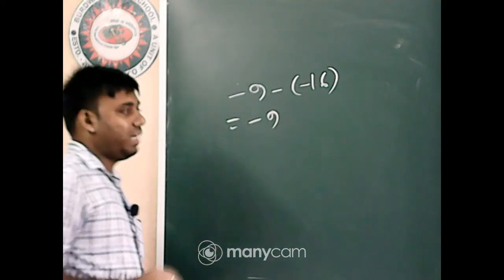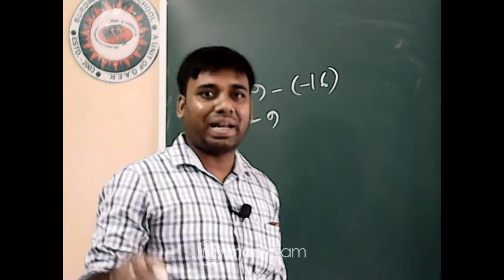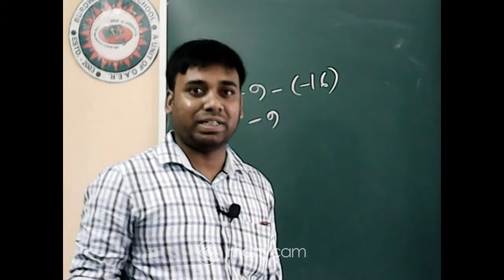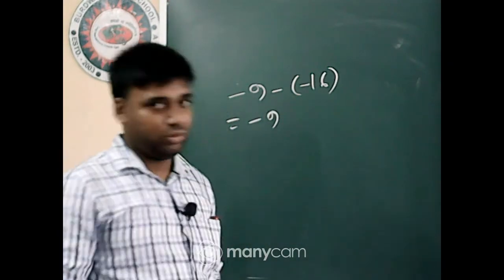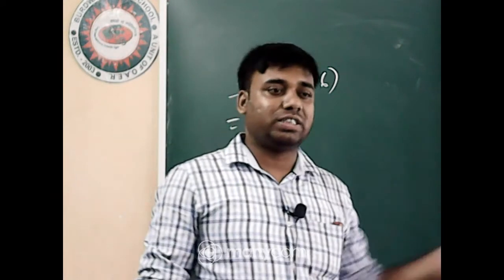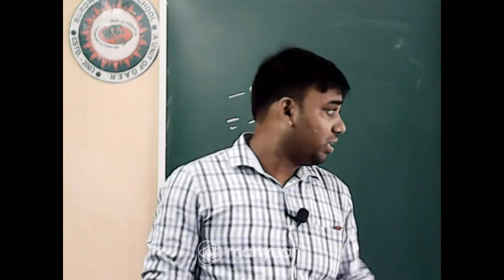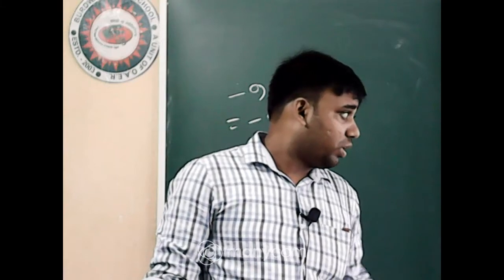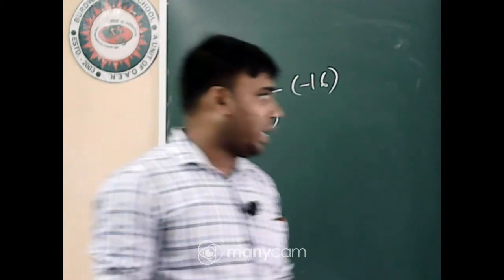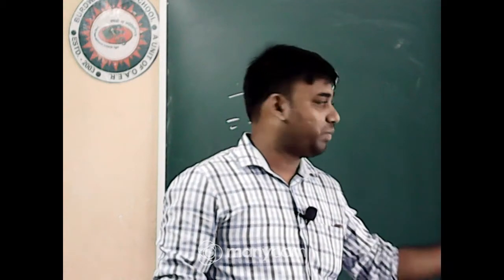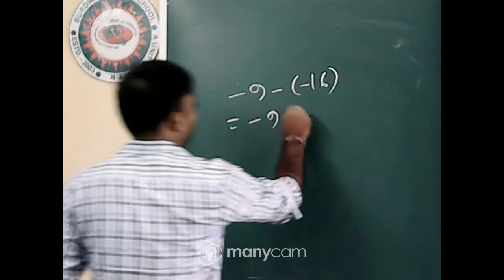I have told you that bracket means multiplication. To remove the bracket, you should use the multiplication operation. So minus into minus. From the chart, just observe what is the product of two minus. Minus into minus, what will it be? Plus. Now you are answering. Ohana is the first student who answered. So minus into minus is plus 16.